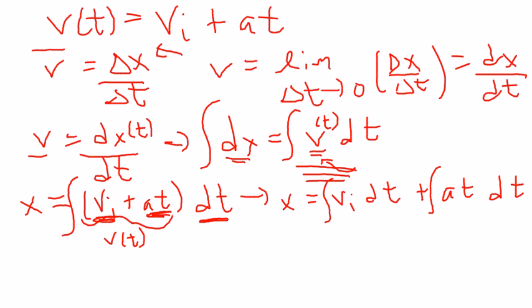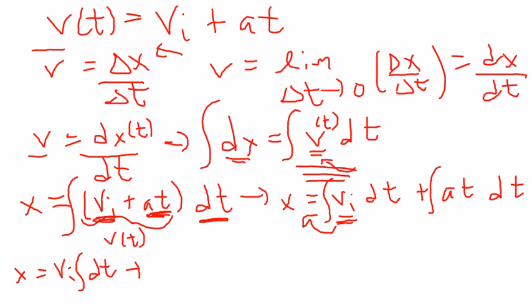So now I have x, the position as a function of time, equals. Well, this v initial is just a constant number. It's your initial velocity at 0 seconds. So I can factor that out of this integral here. And so I end up with v initial times the integral of dt